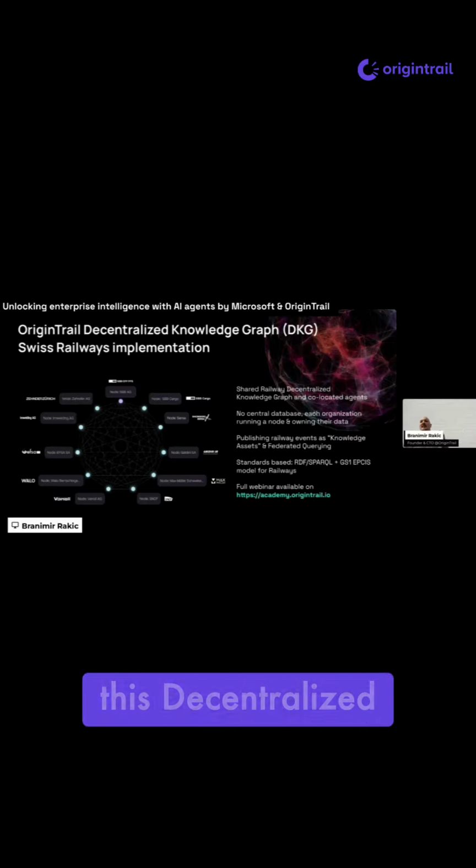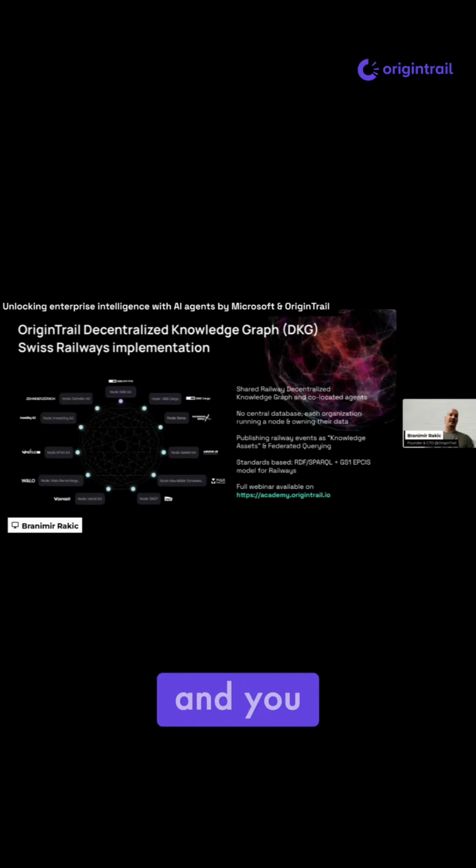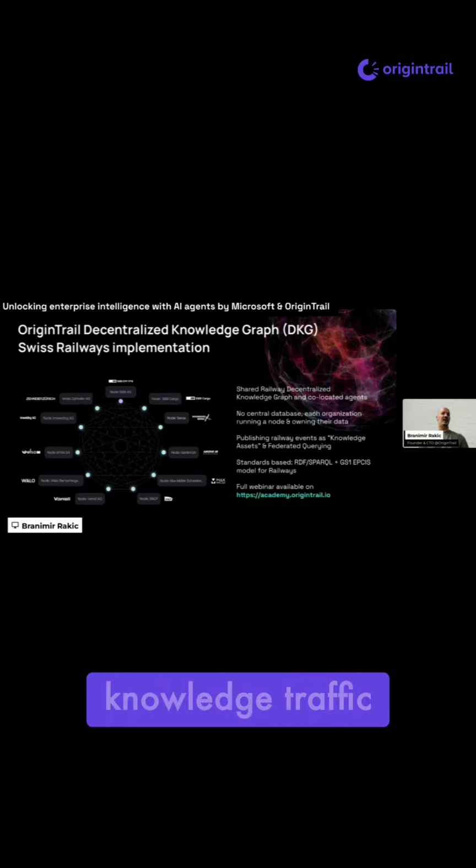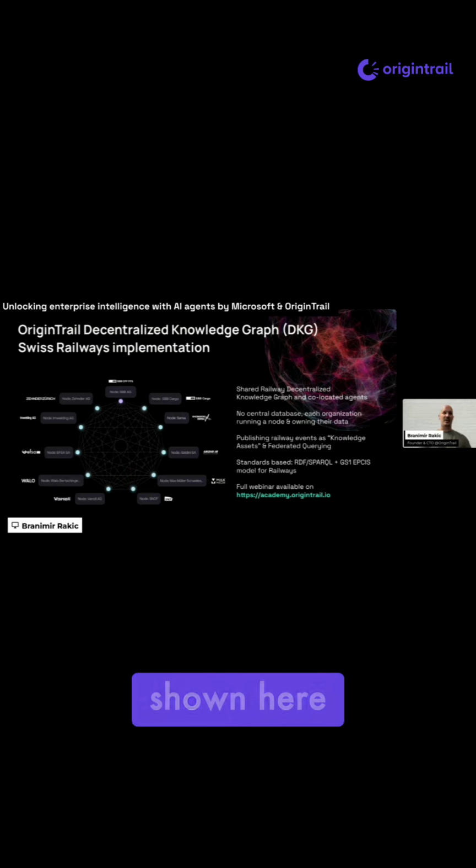OriginTrail is really building this decentralized knowledge graph. And you can envision the decentralized knowledge graph and this system on the left that's shown here as dots, which are really nodes or servers in the decentralized knowledge graph network that support agents. So agents, in this case, some are agents, some are more traditional nodes implemented in the railway system in Switzerland